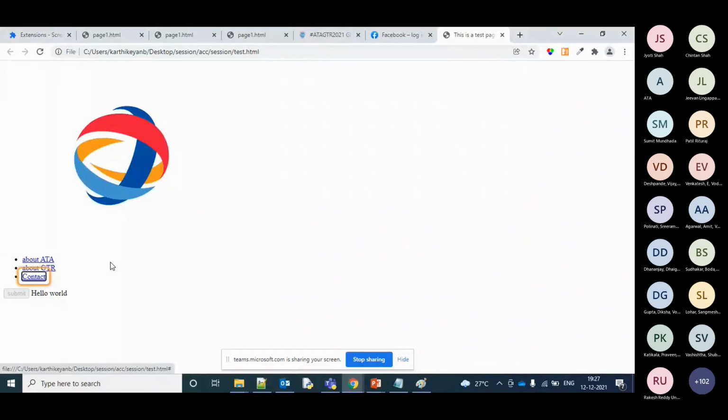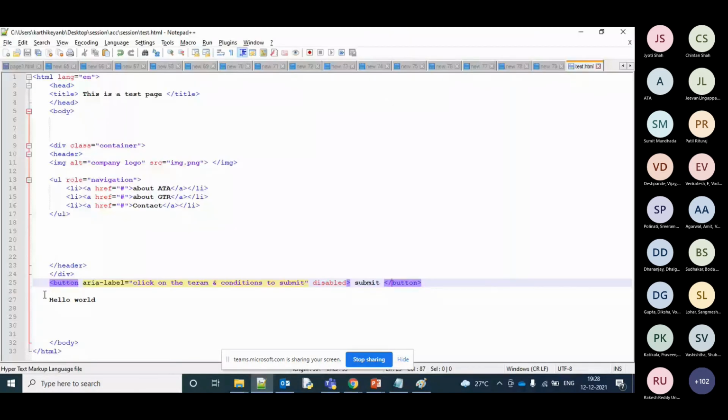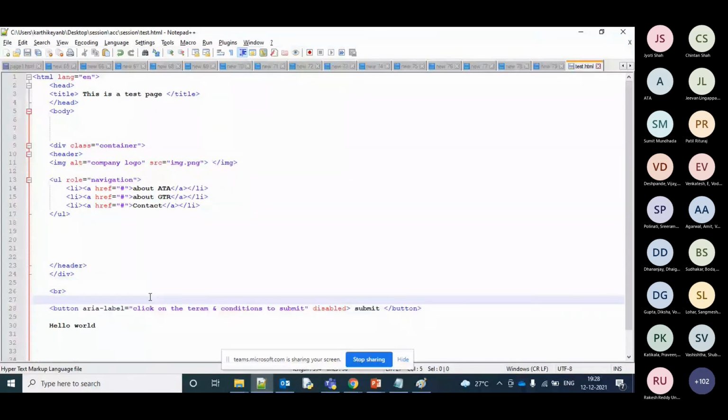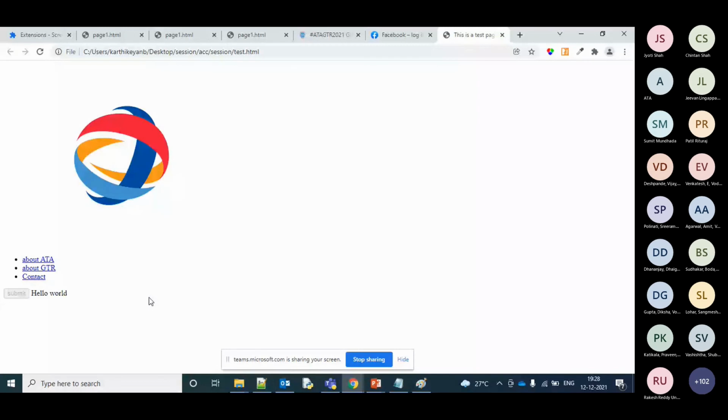About contact. Search tabs. File. About ADA. Contact. Internal link list item. Okay, it wasn't able to get it again. File. Exited header navigation with 3 items. Company logo about ADA about GTR contact. Click on the terms and conditions to submit hello world. Huh, okay. Now it read. Click on the terms and conditions to submit hello world.